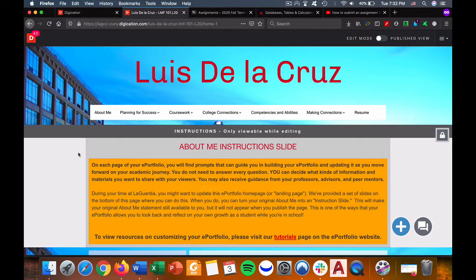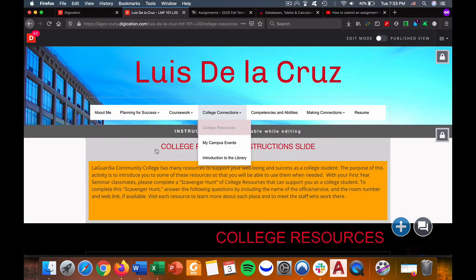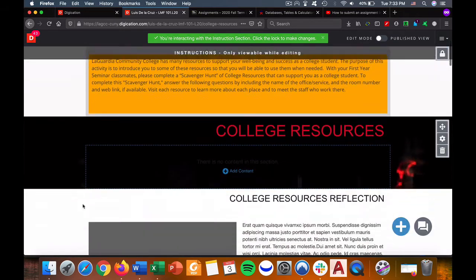For assignment number 4, we will complete the scavenger hunt, also called co-curricular number 1. And also we will do degree planning and post that course selection sheet. So first of all, we're gonna go to college connections and then college resources. So you click it. Once you click college resources, you will see this page. So you scroll down